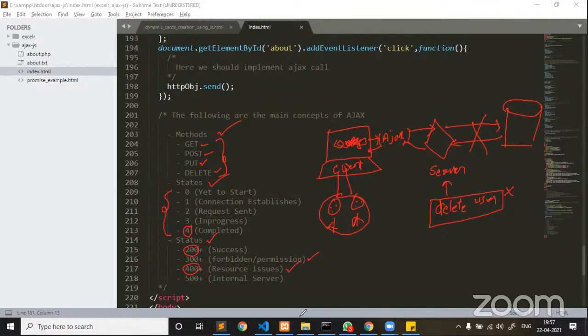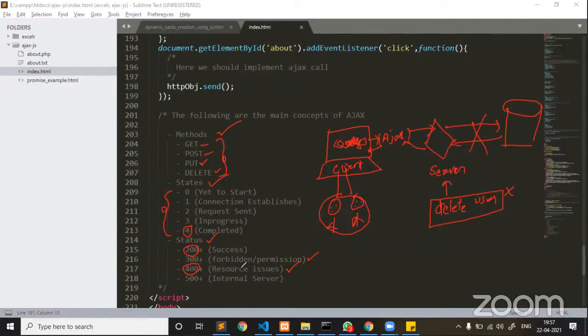Maybe when you are working on HTML, if you are looking for about.html and it is not created yet, you might have noticed this page not found. 404, all 400 series, I mean 401, 402, 403, 404. 404 is the commonly seen error related to page not found.